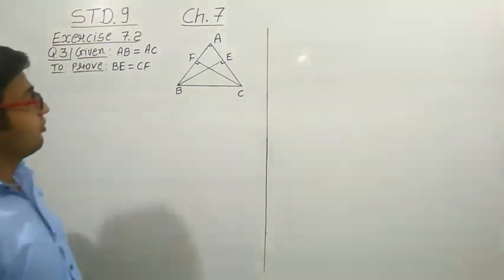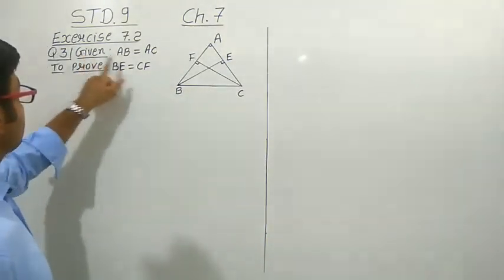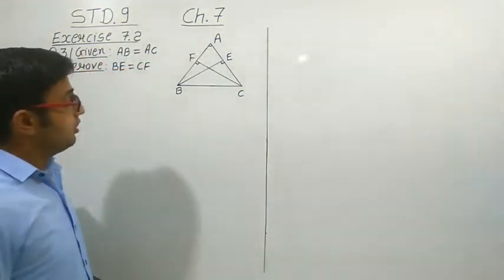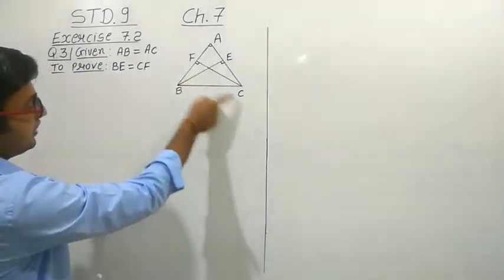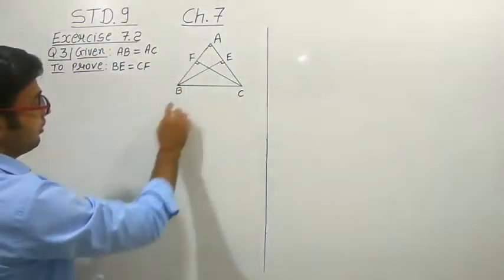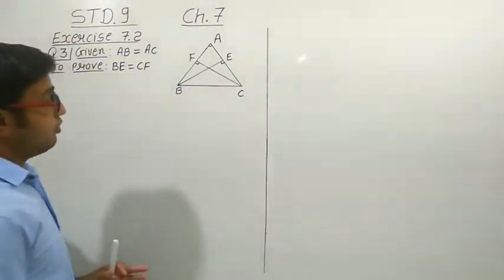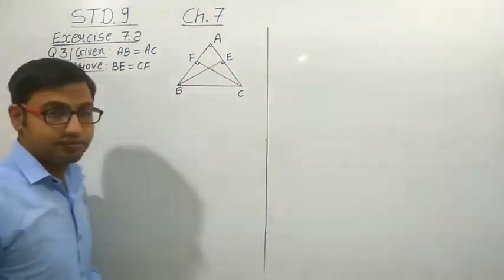So here we have given one of the triangle ABC. It is an isosceles triangle which two sides are equal, AB and AC. So we can write down it as a given condition. One more thing is that two altitudes are drawn from C. CF is altitude on side AB. From B, BE altitude is drawn on side AC. We have to prove that both these altitude BE and CF are equal.